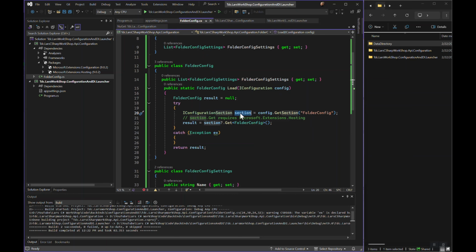So we're going to take this section, and we're going to say get folder config out of it. And that's it. And then we're just going to set our folder config. And it's going to decompile it, and it's going to deserialize it into folder config with folder config settings and